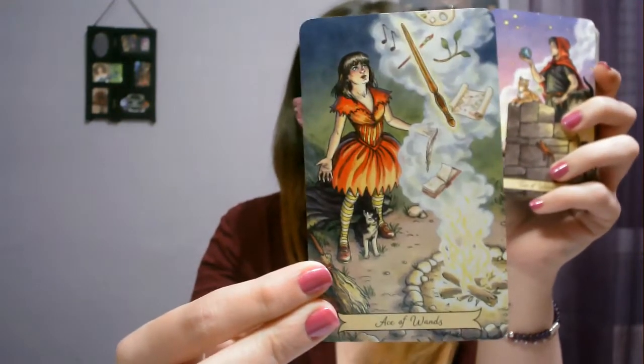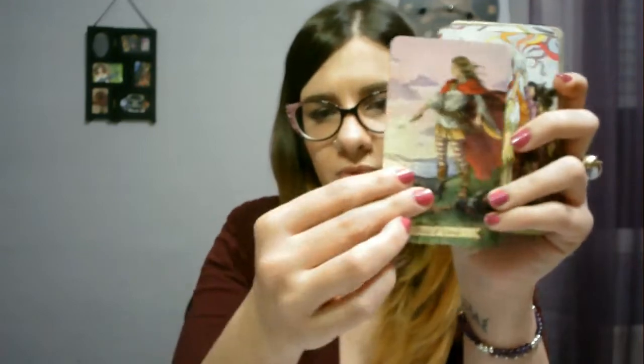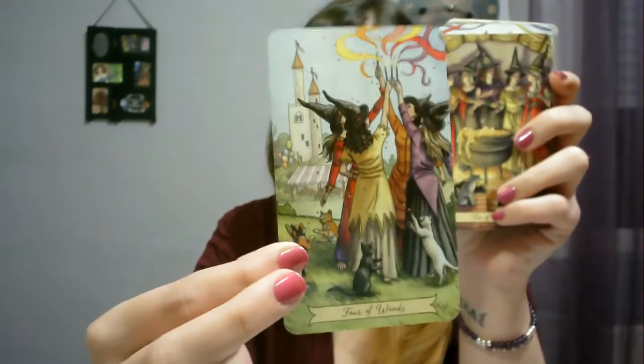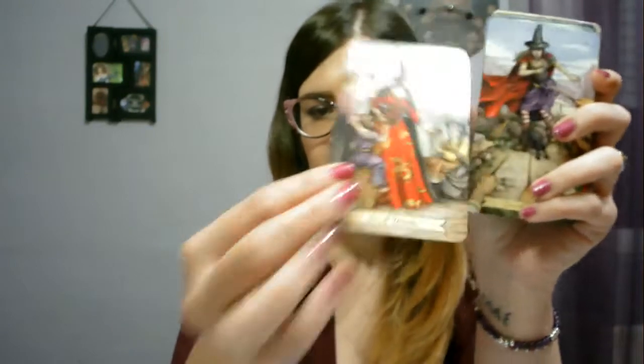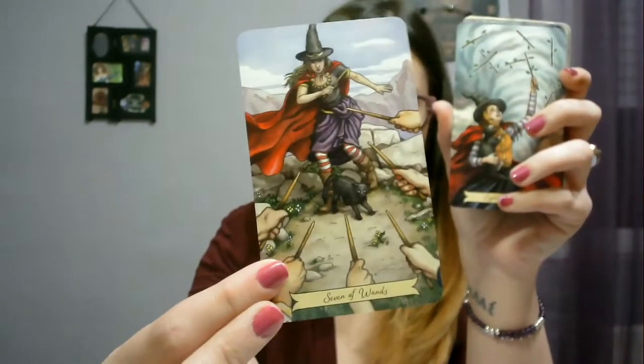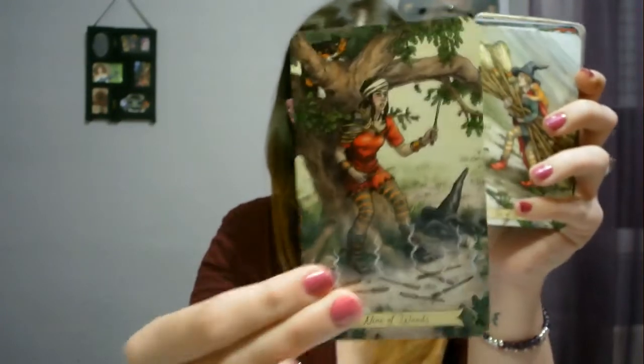This is the Suit of Wands, the Ace of Wands, Two of Wands, Three of Wands, Four as well, very traditional, Five of Wands, Six, Seven of Wands, Eight of Wands, 9,